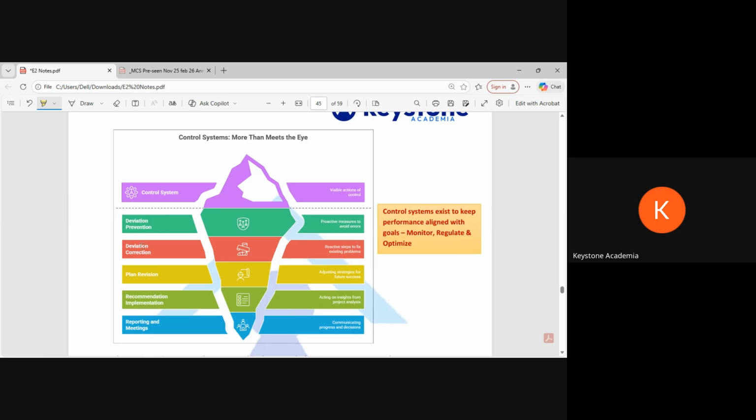Like here, deviation prevention. We need to be ready with the conflict that might arise, or we need to be ready with the resistance that might arise. We should not assume, okay, we'll say it and the team will listen. And it's not like we can make people redundant. We need them. So how to solve that resistance?